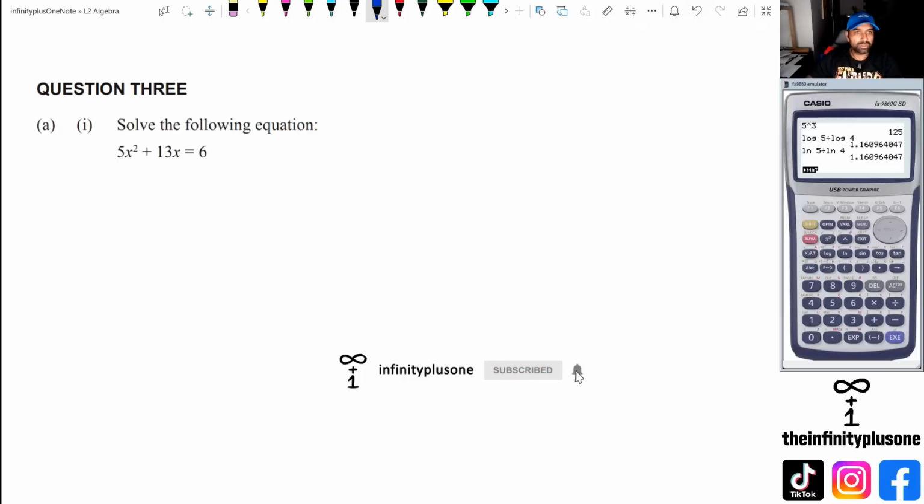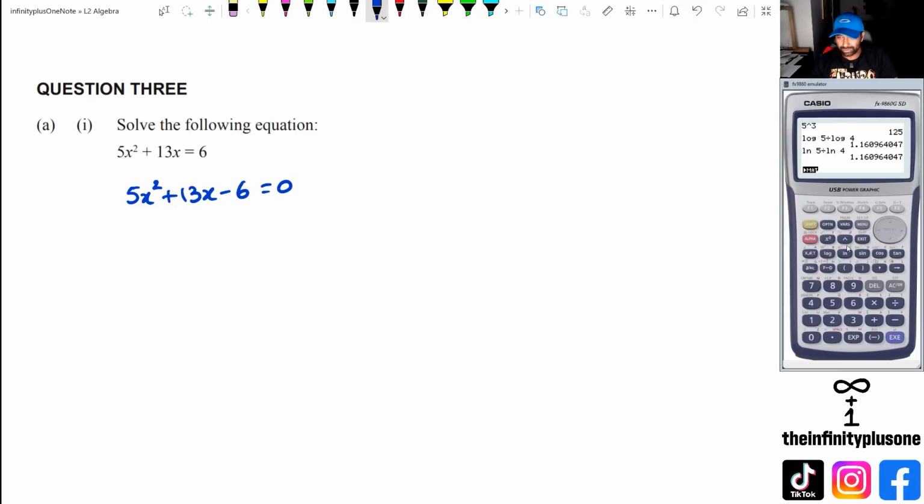All right, so for question 3, what we've got is our first question, which is solve the following equation. So we're just going to rewrite this as 5x squared plus 13x minus 6 is equal to 0. Now, you could use the quadratic formula and try to work this out the long way. That's absolutely fine. But of course, I'm hoping that you have a graphics calculator at this point, because you can